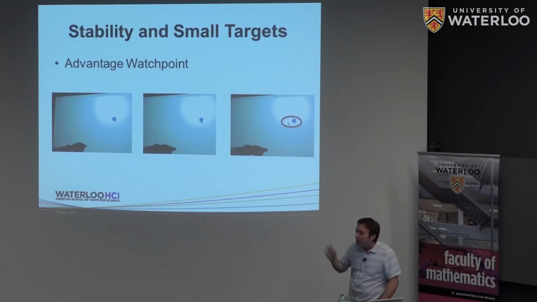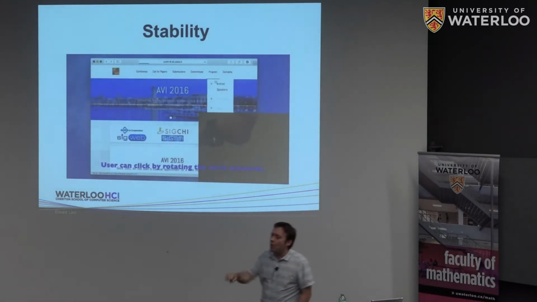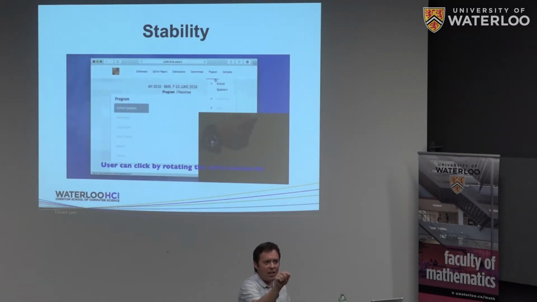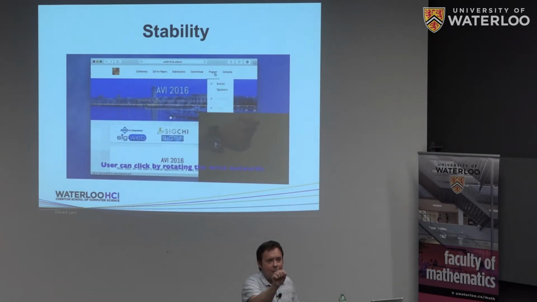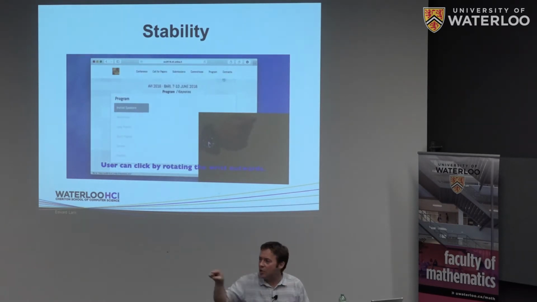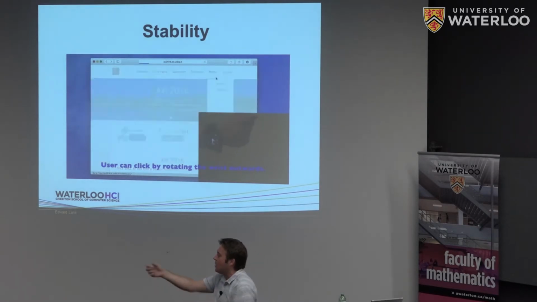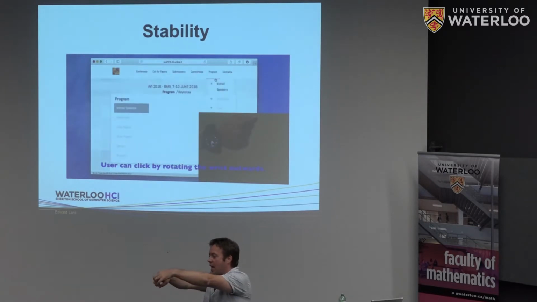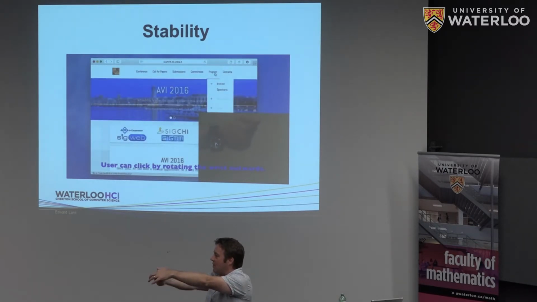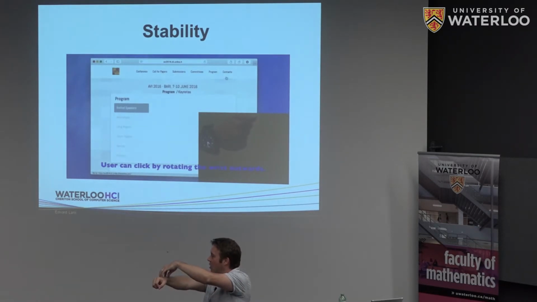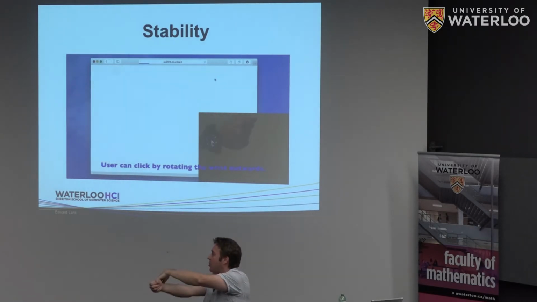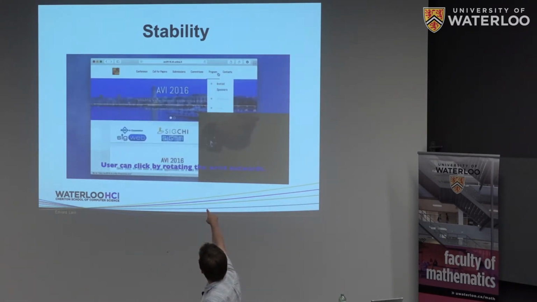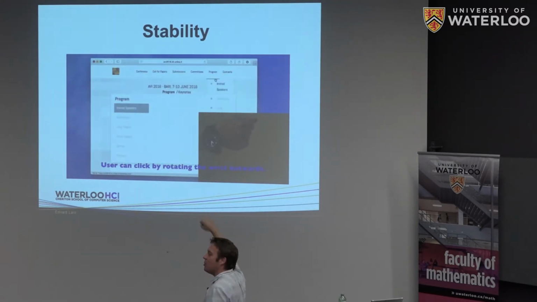Part of it is sort of engineering and looking at stability in small targets and how we can accommodate for them. In particular, looking at what users really do and how these systems actually react. And this is hard to do with a Vicon because, regardless of how the user clicks, maybe they tap their other leg, maybe they point, whatever, there's no characteristic motion associated with clicking. The cool thing about a smartwatch, if you're actually supporting pointing with it, with either arm, is that when a user turns, they actually turn around an axis that's in the middle of the arm. And one of the things that happens is the watch itself falls and moves down to the right. And you can actually see that here in the click. When the user clicks, it moves down and to the right.